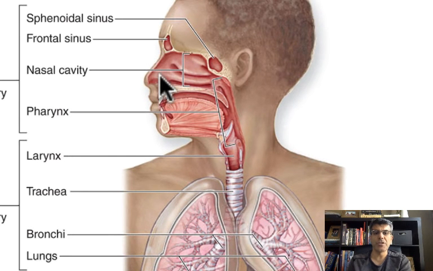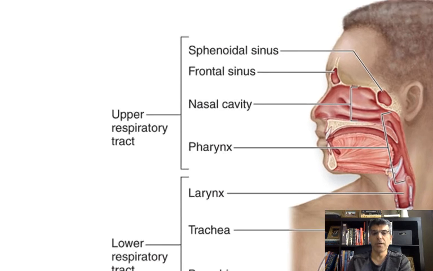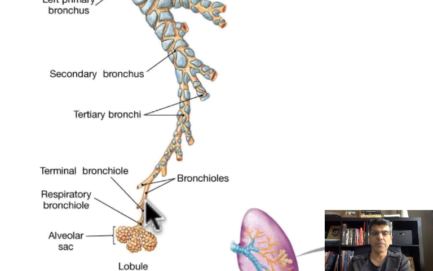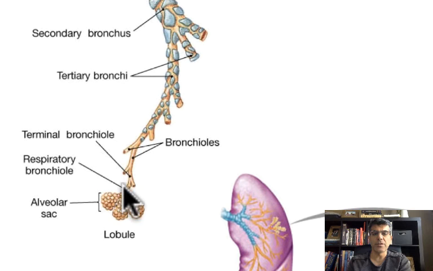A conducting portion is where the air is being transferred down to the lung. So therefore, your conducting portion starts from the nose and goes all the way to terminal bronchiole. Air is going to come from the nose to pharynx, to larynx, to trachea, to primary bronchus, secondary, tertiary, and finally it's going to go to bronchiole until it reaches the terminal bronchiole. To the end of terminal bronchiole is called conducting zone. After terminal bronchiole is called respiratory zone. Why? Because respiration happens after terminal bronchiole.